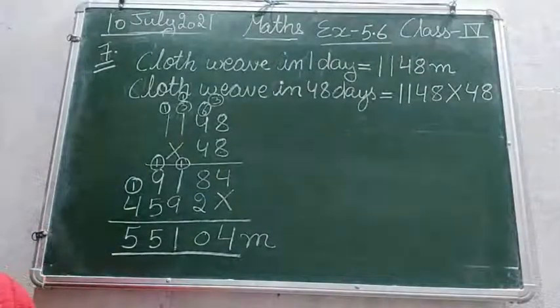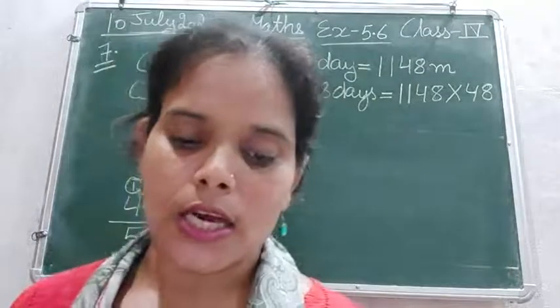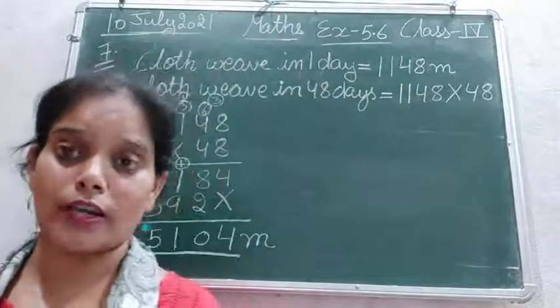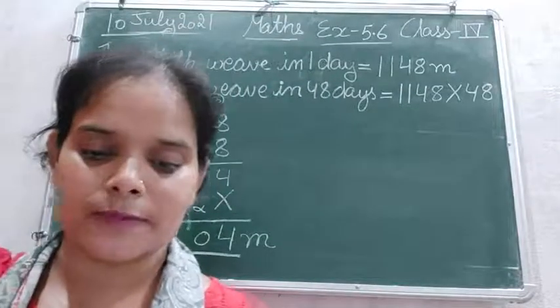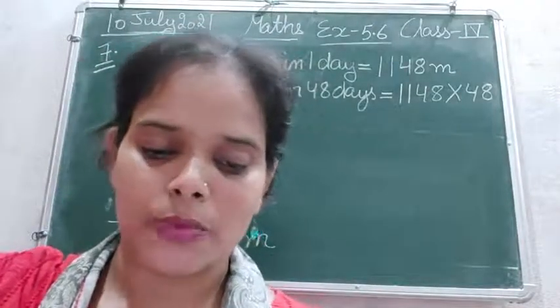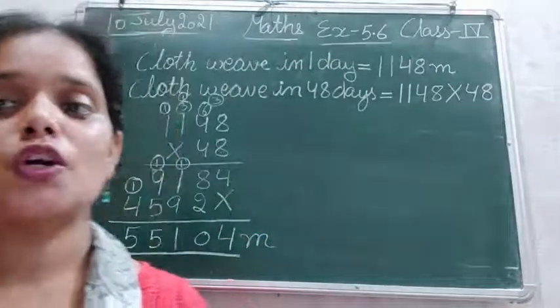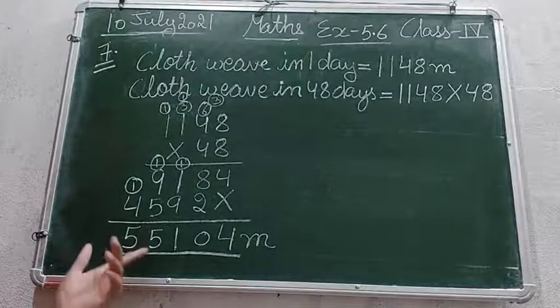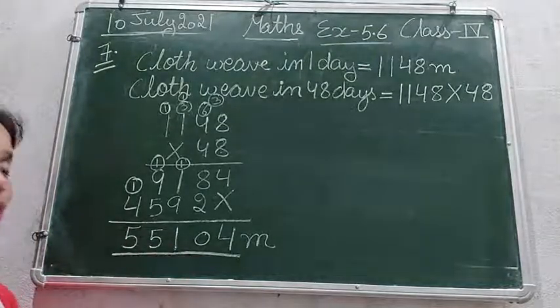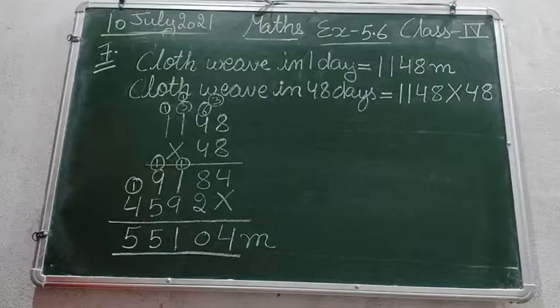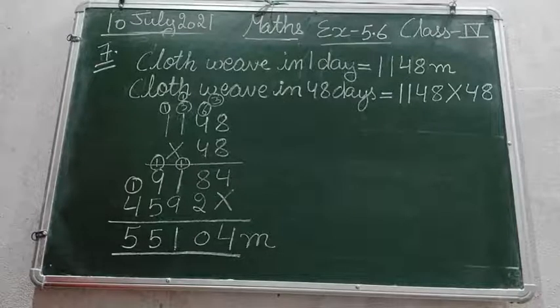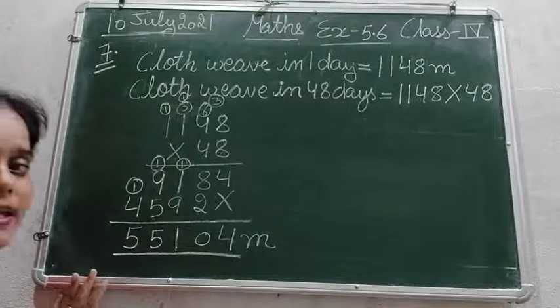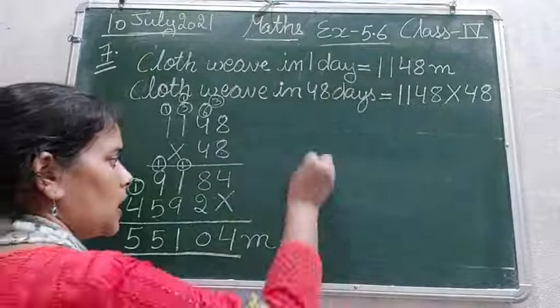Now we are going to write the solution sentence. अब देखिए solution sentence will be according to the question. The question is, how much cloth will it make in 48 days? So हम क्या लिखेंगे? Therefore 55,104 meter cloth is made in 48 days. So let's write down. Therefore